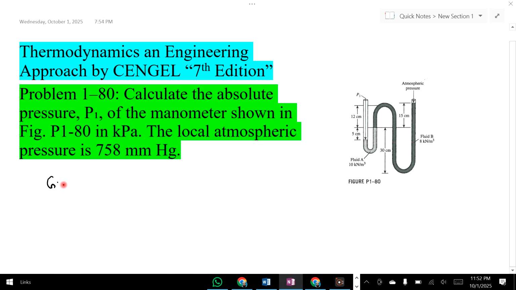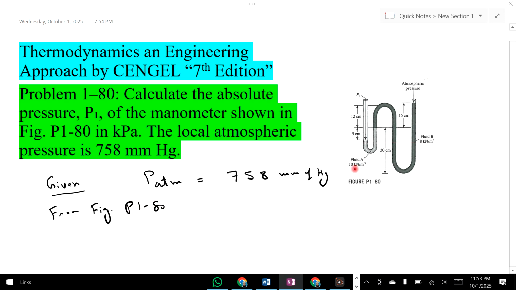So given is the atmospheric pressure in millimeter of Hg, which is 758 millimeter of Hg. And from the given figure P1-80, the specific weight at point A is 10 kilonewton per cubic meter. Specific weight at point A